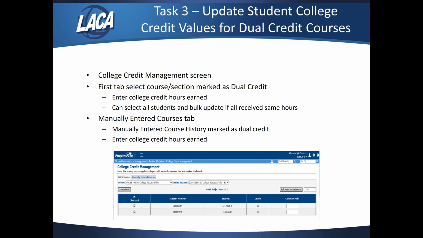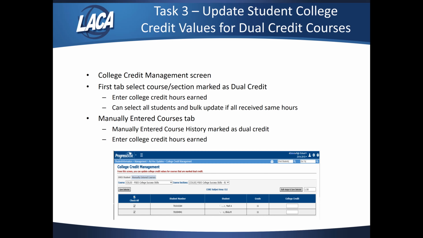Update the student college credit values for dual credit courses. And this is on the college credit management screen. There are 2 tabs. The first tab is all of your courses that you're offering currently. The second tab is the manually entered course history. If you have the college credit hours on, I believe it's the marks tab, the second tab of the course record,